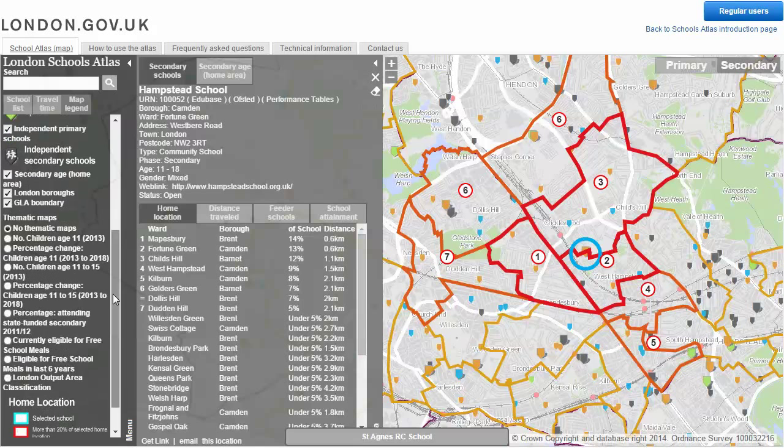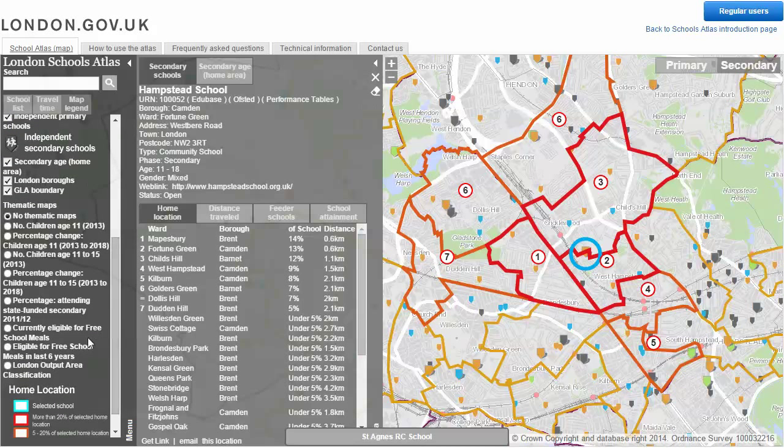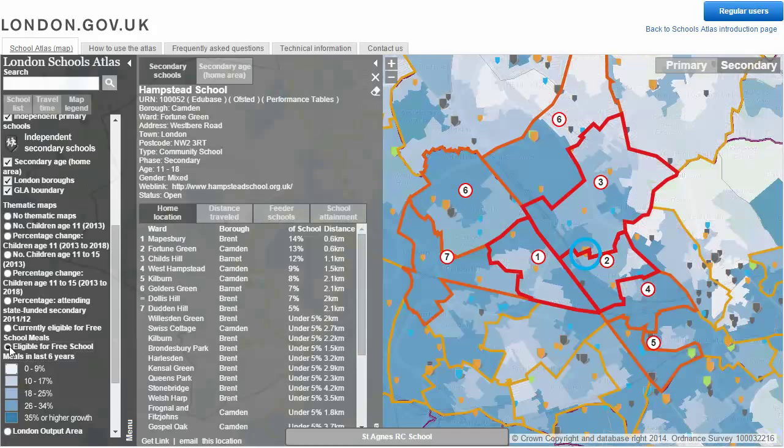I'm interested in. So I'm interested in how many children in the areas that the school draws from are eligible for free school meals. So to see a layer, you just tick it and it appears, and it tells you what the colours mean here on the left hand side. So in this case, the darker the blue, the higher the percentage of children in those areas are eligible for